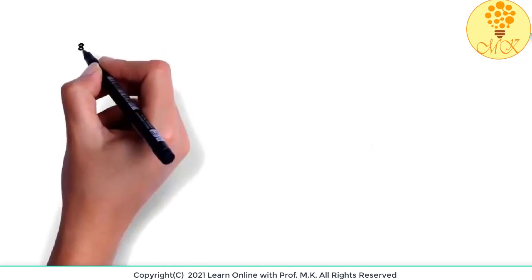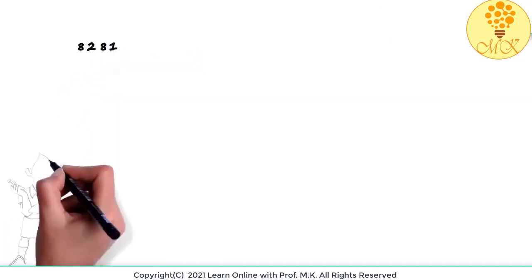Look at the number 8,281. If we have to reduce this number to its prime factors, we would first have to think of all the divisibility rules and so on, and that would take us a lot of time. So for such large numbers, we use the long division method. The first thing we need to do is to draw lines like this: a line on top and a line to the left of the number. When you draw a line on top of the number, remember to leave some space above the number. Once you're done drawing these lines, you're ready for the first step.